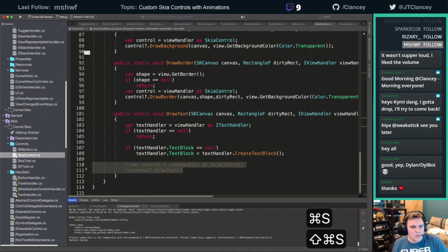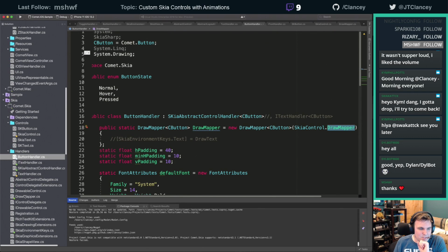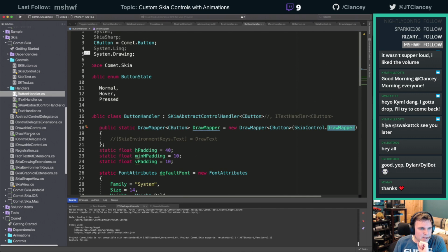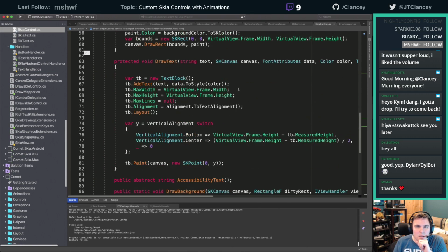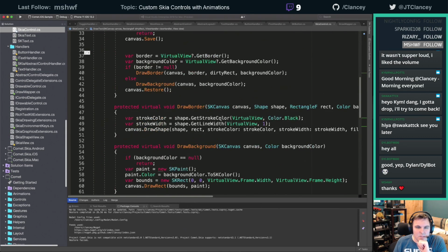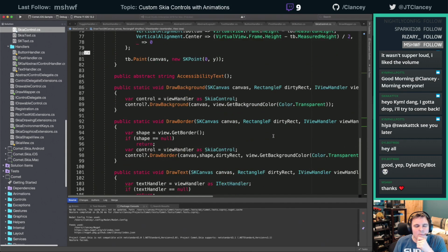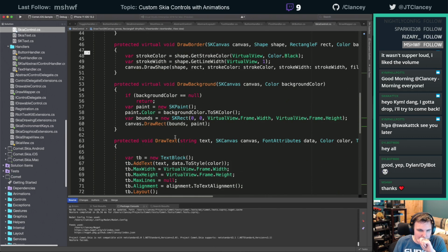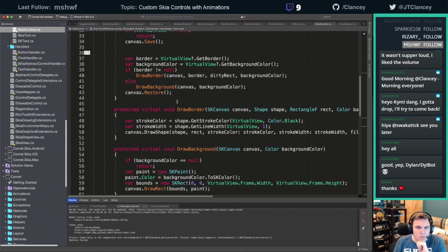All right, so now let's go to the button handler. Yes, that's looking right. All right, and we'll go back to the Skia control. And I do have the text added in there, yes. So draw text is going to fire now. And we're always going to do, so right now we're going to do,